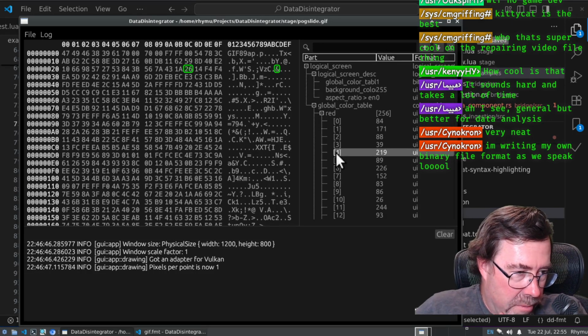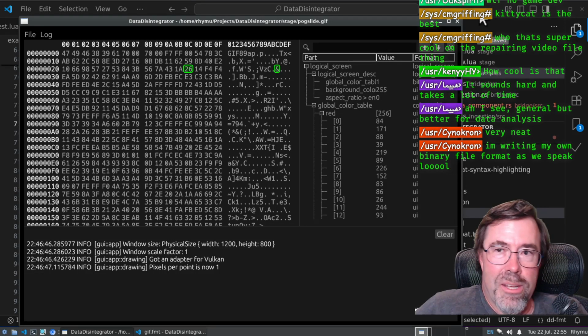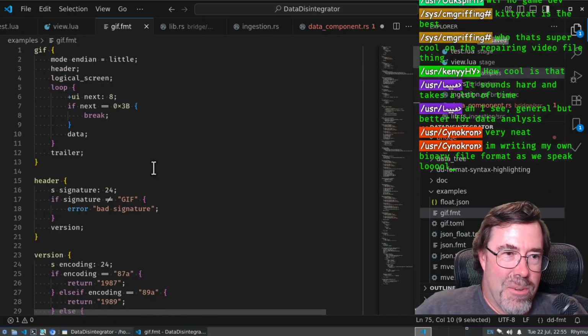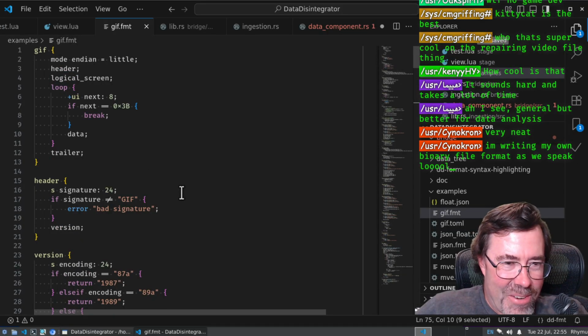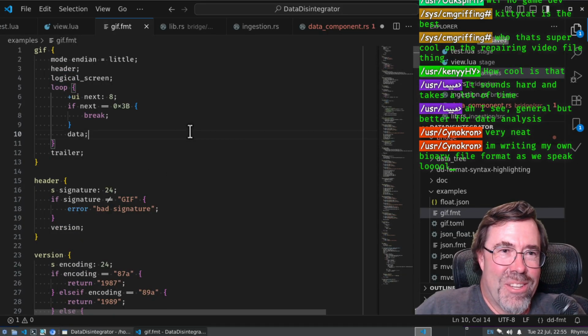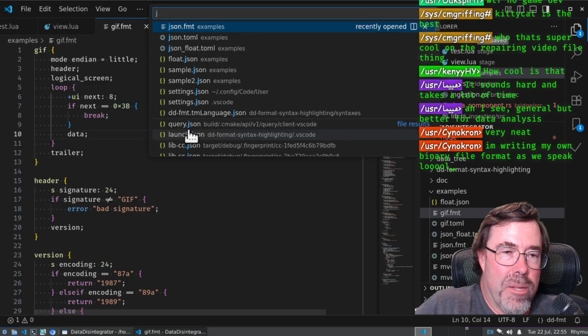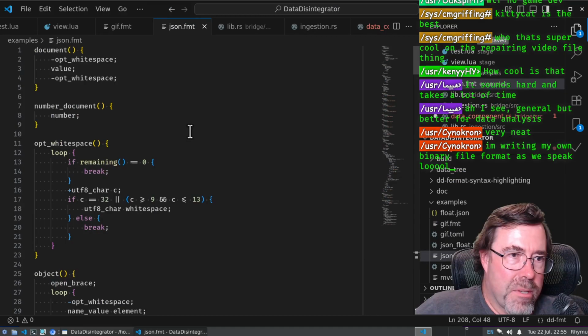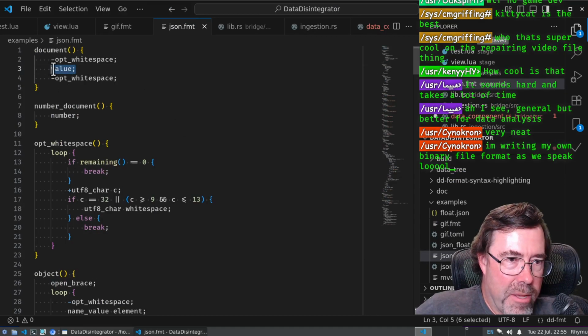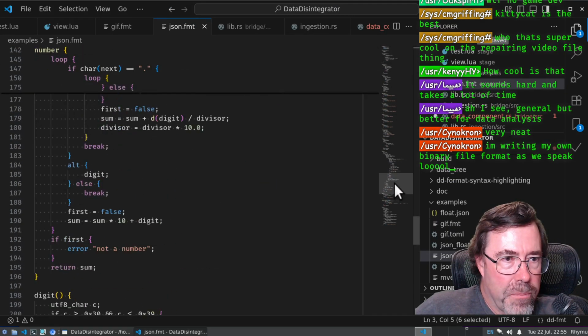You're writing your own binary file format as you speak? Well, then you should write its description in my parsing language. So to give you an idea of another example, one that you might be more familiar with, here is how I describe the format for JSON. So a JSON document is a value, right? And a value